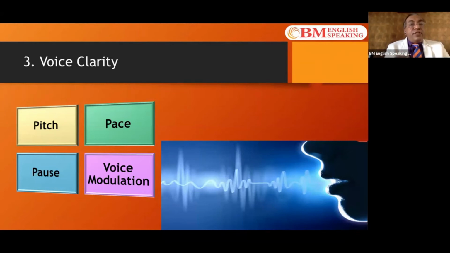So a plain voice is very, very boring to listen to. So to bring clarity in your communication, you need to modulate your voice. The fourth benefit of voice modulation is it keeps the user and the listener engrossed. And it also helps you to share your emotion in your speech. It emotionally connects the audience because you are modulating your voice. So you need to work on all these four aspects to bring clarity to your voice.